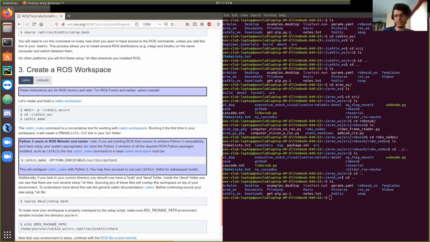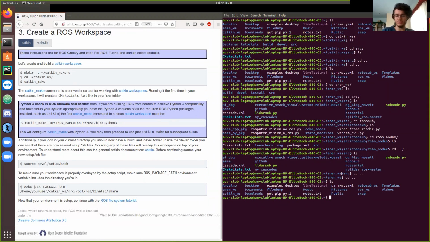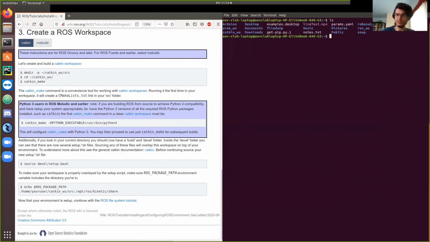And we could do this again if you want, but it doesn't really matter. I think I'll just leave it because it's the same thing. Let me type in clear. So like we made this catkin workspace folder, and we ran